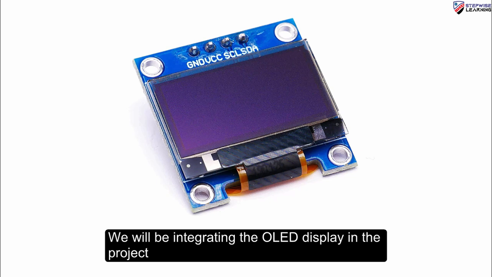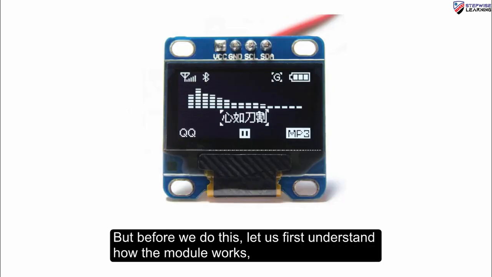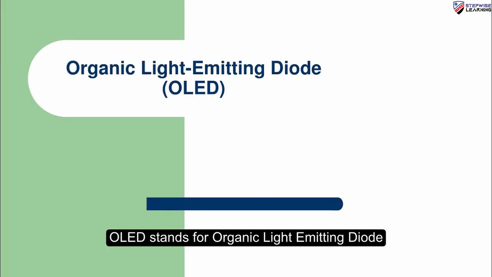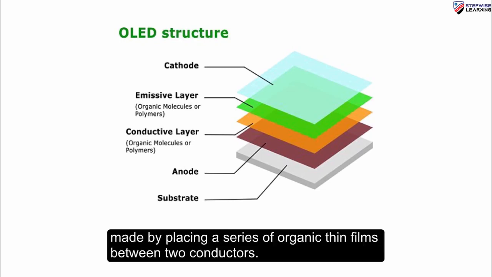We will be integrating the OLED display in the project to show the latitude and longitude. But before we do this, let us first understand how the module works, and then we will proceed with the testing of the module. OLED stands for Organic Light Emitting Diode, which is a flat light emitting technology made by